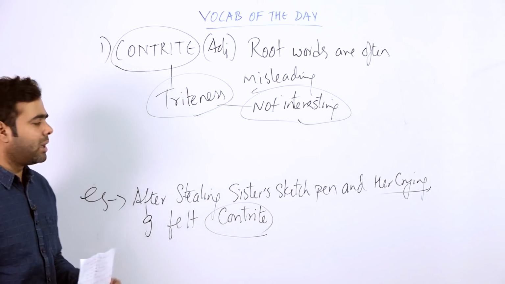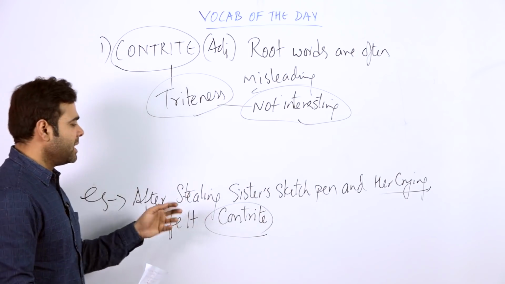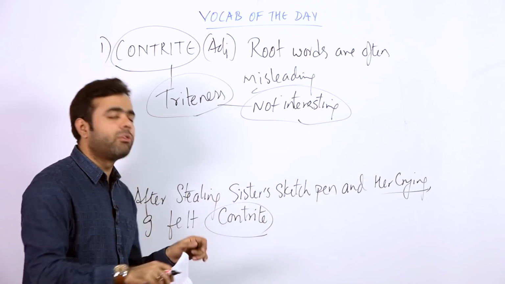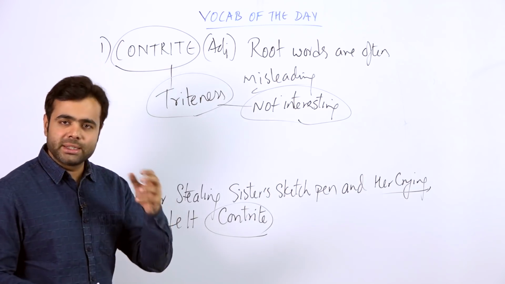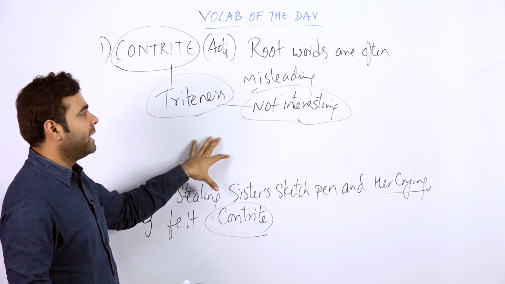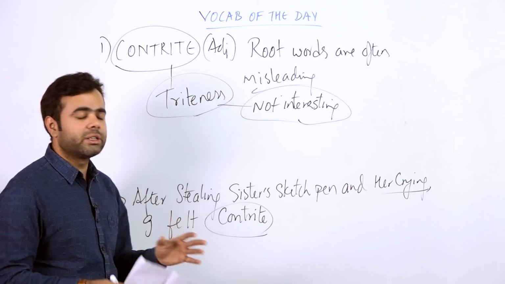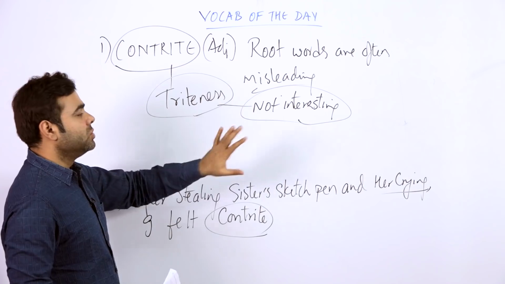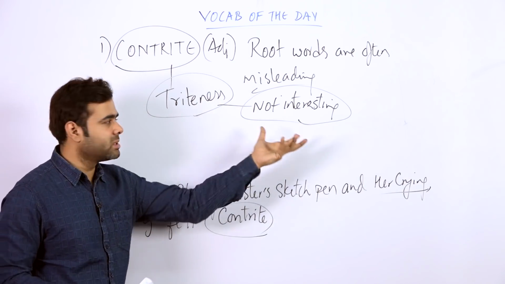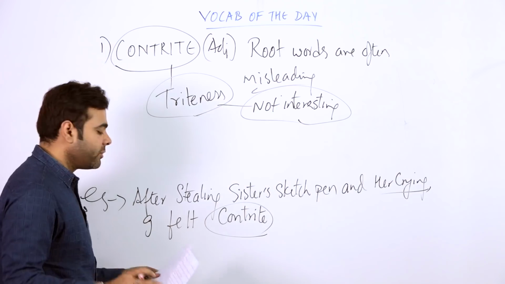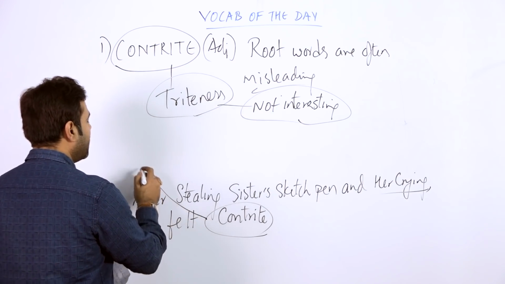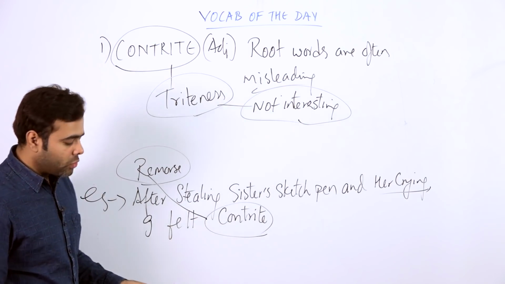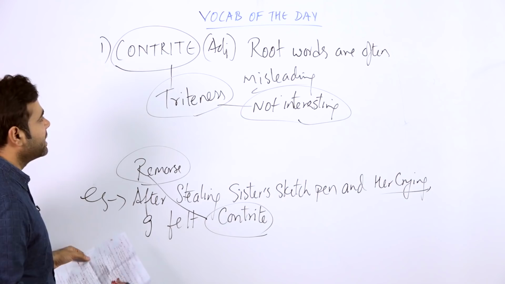Now, if someone checks out this particular sentence and tells me, sir, it is not possible that contrite can be in the sense of not interesting, actually I was telling the same. What I was telling you is, if you try to relate with the sense of root words, or just separate these two words, co and trite, you won't get the real meaning, because trite means not interesting, but contrite is a different word which is related to being remorseful, the feeling of remorse. Are you getting? So what does it mean and how can we relate with this word?